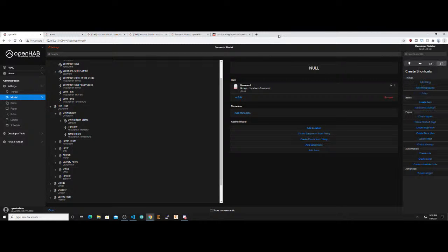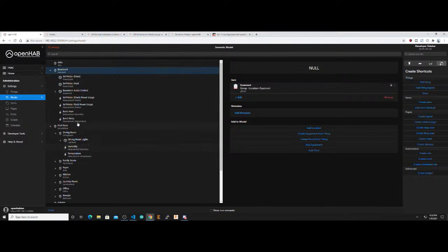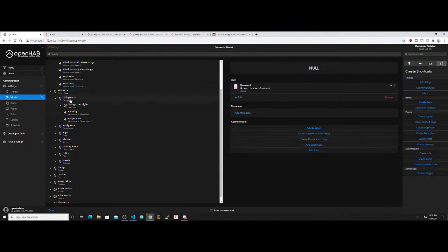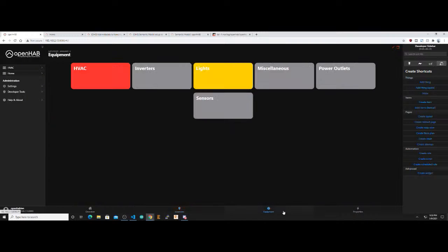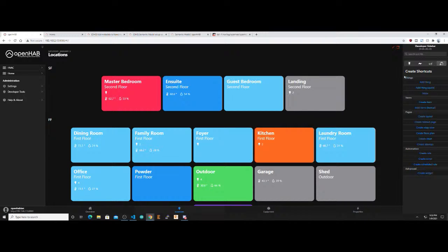Once you have this model set up, you have the basement equipment group, the basement location with the equipment inside the basement, the first floor, dining room, family room, kitchen. Well, the awesome thing about openHAB 3 is it literally builds the user interface for you, right? So now if you click on this main page, you have these tabbed pages below it. Guess what? All of these sub pages, I didn't have to do anything to get them built and looking this way. It basically